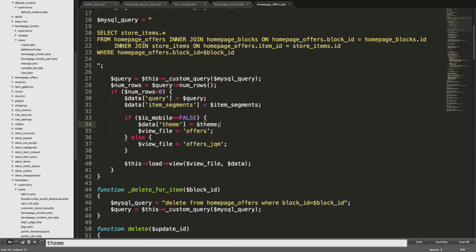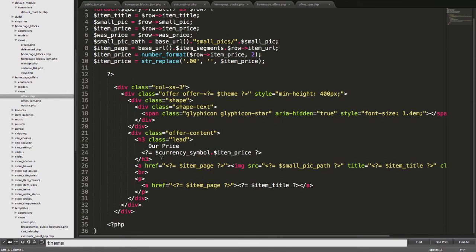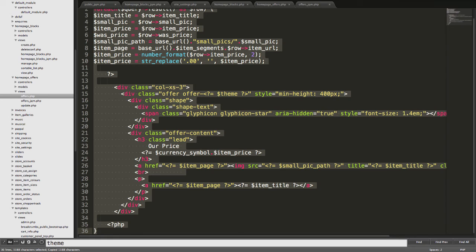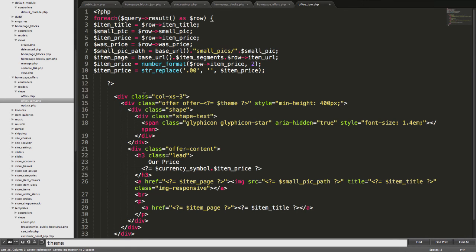We are on homepage offers here. So if we go to homepage offers, you'll see that there's a view file called offers. We are now creating offers underscore jqm.php. And if you have a look at offers, this is what offers looks like normally. I'm going to copy that stuff, but I'm now going to paste it into offers jqm. Okay, so that's the vibe. Does this mention theme anywhere? Let me just check. Yeah, it mentions theme, but we don't care